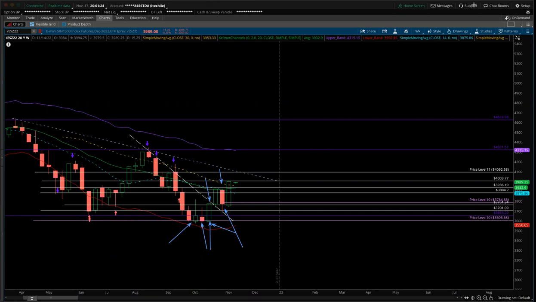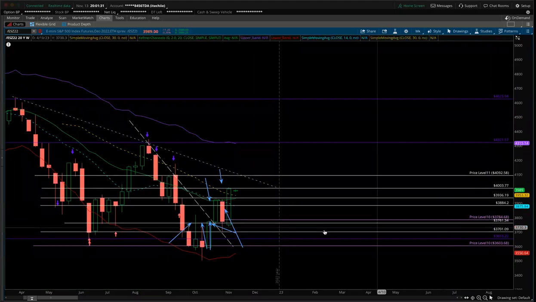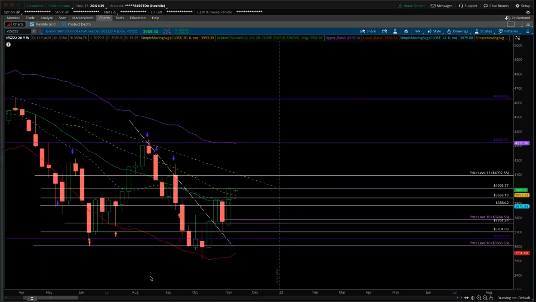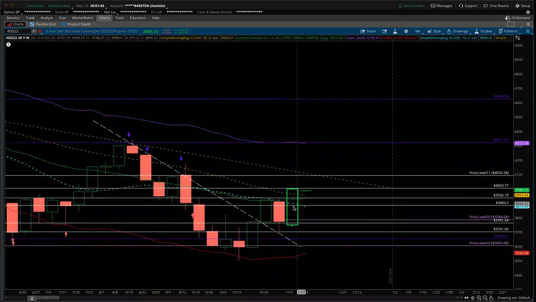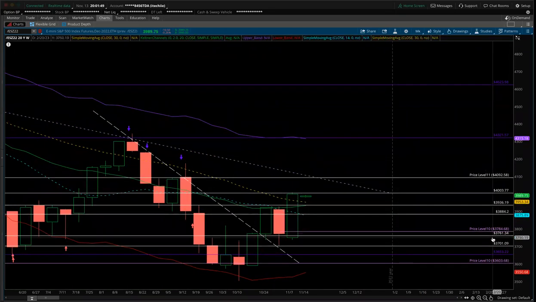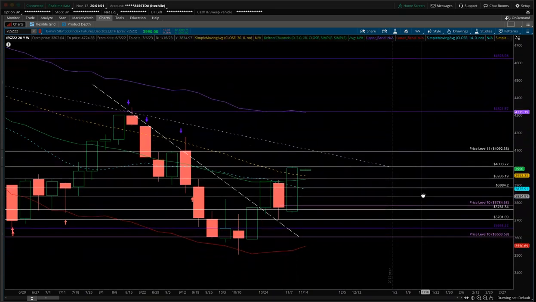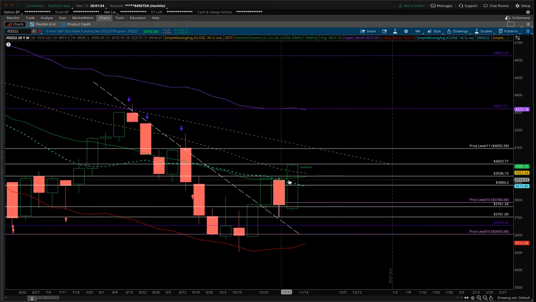And that was what I was worried about going into last week, was that candle, to be exact, because everything is going to be based off of this candle here. And that was the 1031 weekly candle. So this candle basically set the tone. And as long as we stood above 3761.34, what happened? We came back down